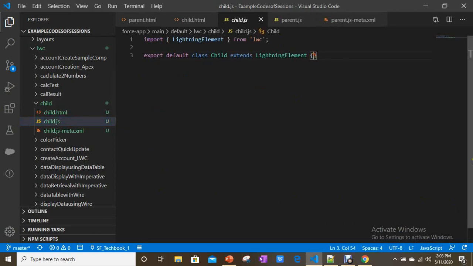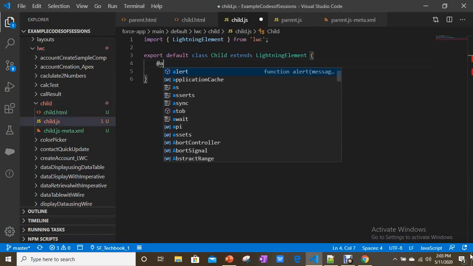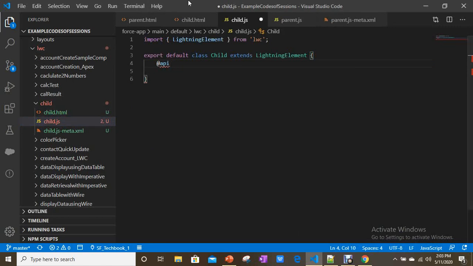And here I'm going to define a public property by using the @api decorator, @api textMessage. If you see, I'm using camel case, right?